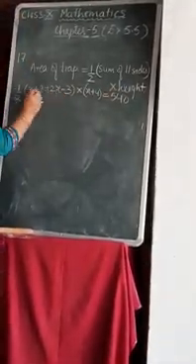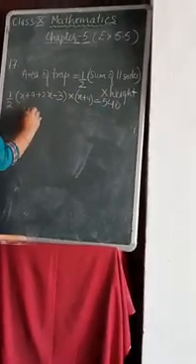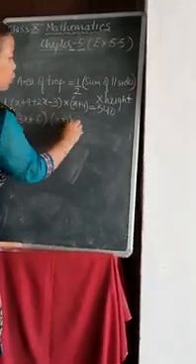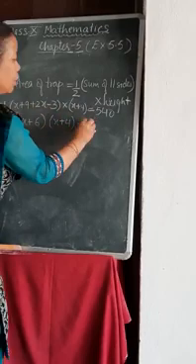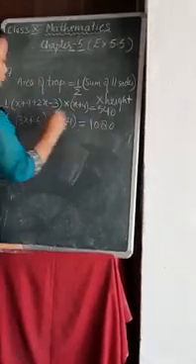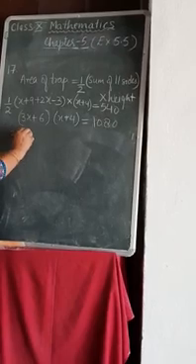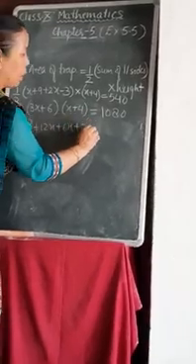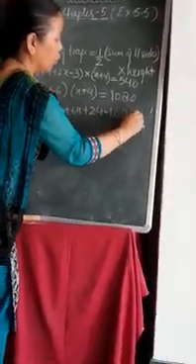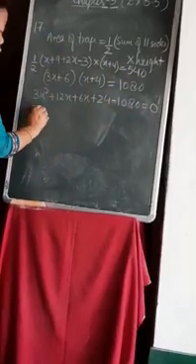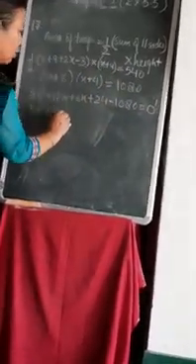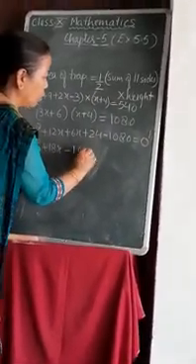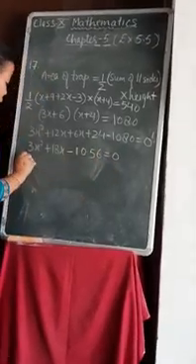So if we solve this, x plus 2x is 3x, plus 9 minus 3 is 6, multiplied by x plus 4 is equal to, we'll multiply 540 by 2, we get 1080. We'll open the bracket: 3x square plus 12x plus 6x plus 24 minus 1080 equals 0. So this will be equal to 3x square plus 18x minus 1056 equals 0.